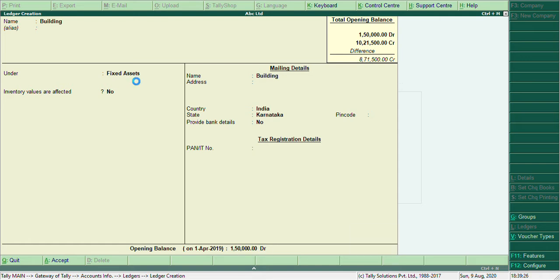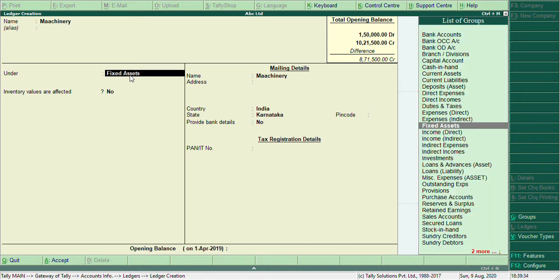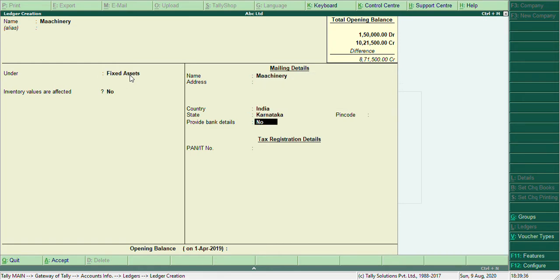Accept. Next ledger name is machinery. Again, this is under fixed asset. 55,000.